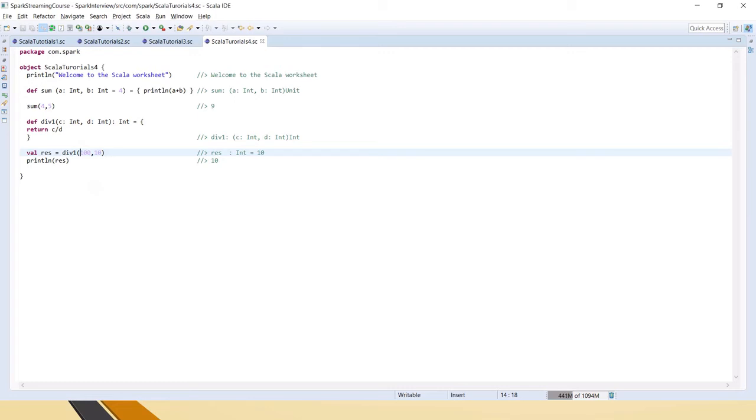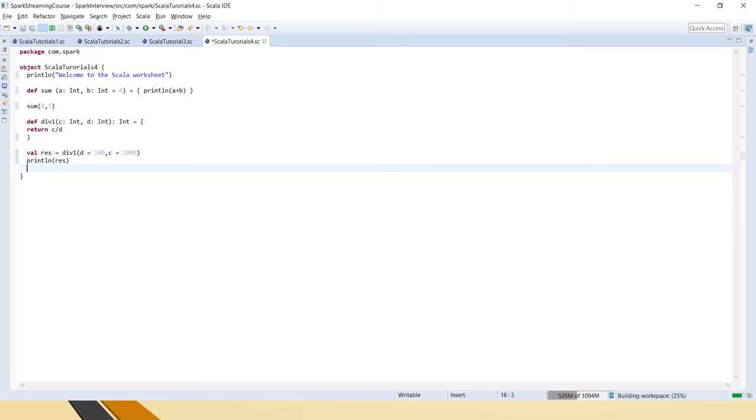In that case what you can do is D equal to, C equal to, okay, because we have C by D, I am giving like that, otherwise we have to change the return type to float and all that, just for simplicity. So as per the function definition, C is the first variable, D is the second variable. But now I am saying that for D I am giving this value, for C I am giving this value. So now let's print and see what the output is.